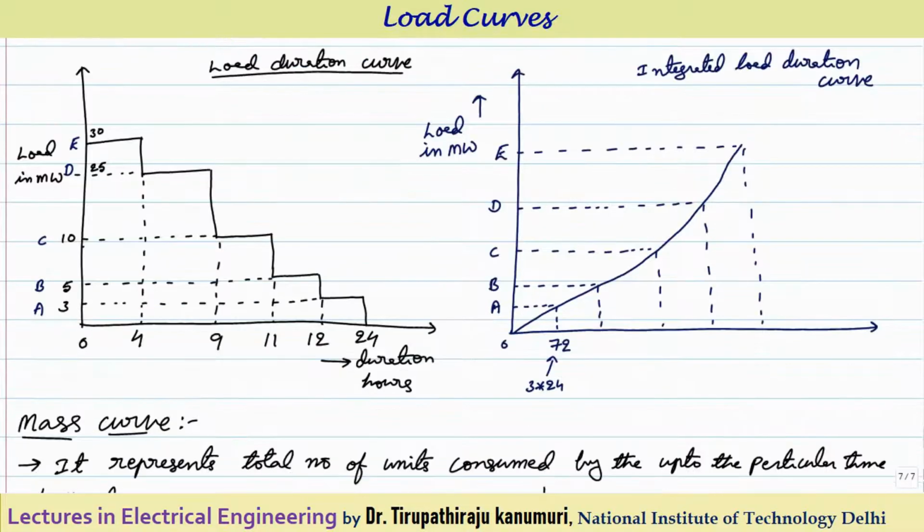To understand this concept completely, I am taking a load duration curve. This is my load duration curve. In this load duration curve, first take the base load, which is there for the total duration. In order to avoid confusion, I am representing this 3, 5, 10 and so on by A, B, C, D, E. So I have represented A, B, C, D, E and how the energy is integrating. For that, first I will take 3. This 3 I will multiply by 24. So this is 3 into 24, that gives the value of 72.